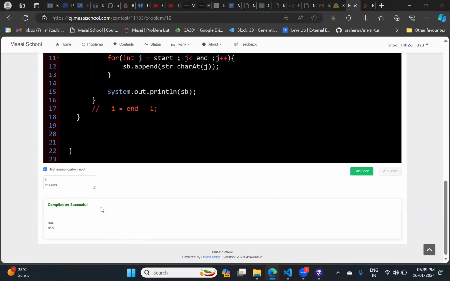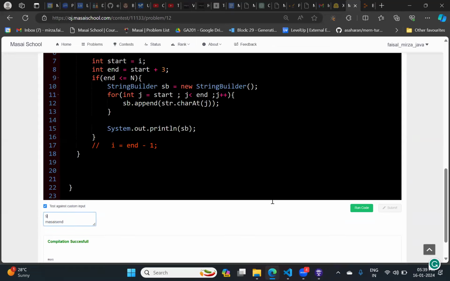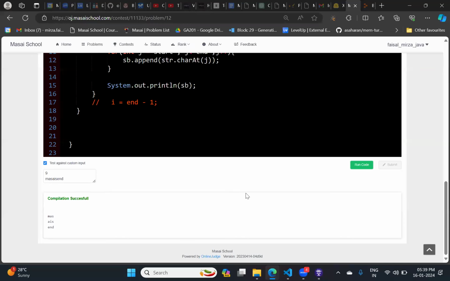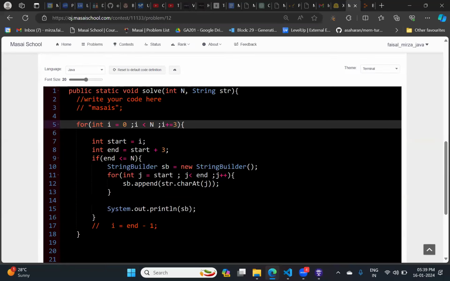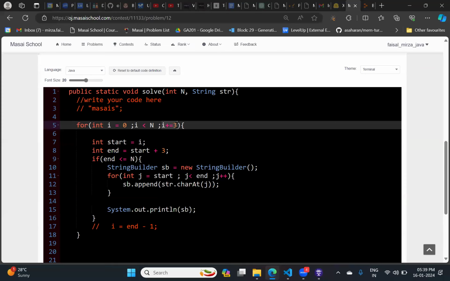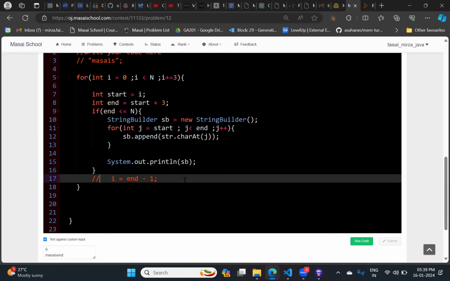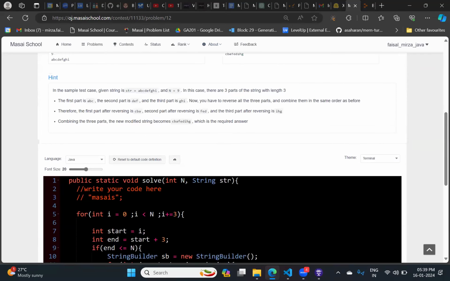So are you getting this, guys? Please confirm. Let me increase the length as well, 9. Let us see whether it will give me the right output or not. Yeah, getting the right parts. So two options are available. Either you can control the i from the for loop, in whatever the increment condition is there. Or if you're not comfortable with this syntax, if you're getting confused, you can also write i in terms of end minus 1. So whatever you are comfortable with, you can write.